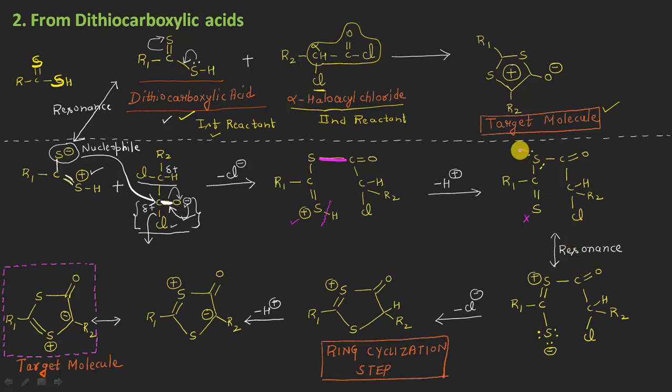I mean these electrons coming here and sending these electrons of the pi bond onto the sulfur atom, giving a negative charge here on this sulfur, and this will now become a double bond and moreover a positive charge here on this sulfur atom, right? So once again, this sulfur negative will be acting as the nucleophile in this intermediate molecule.